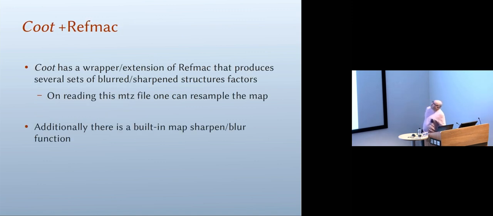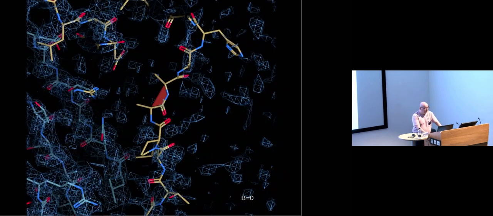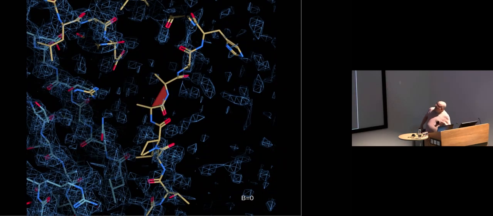So Coot has a wrapper for RefMac, and you can use that to generate an MTZ file, which you can then read in, and on reading that you can resample the map. Additionally, there's a built-in map resampler in Coot as well. So this is a case that several people in the last couple of years have discovered,